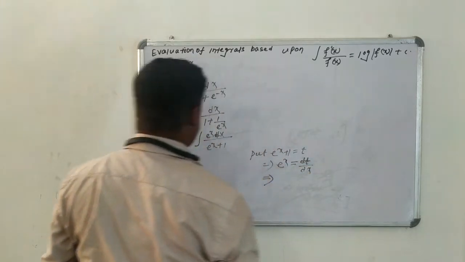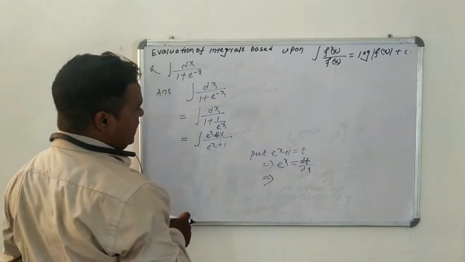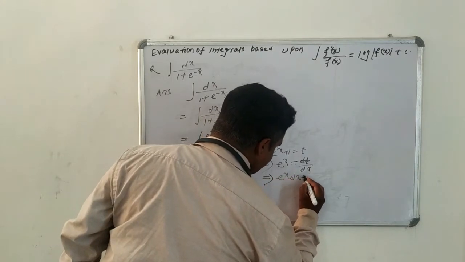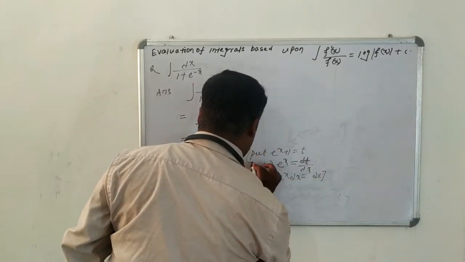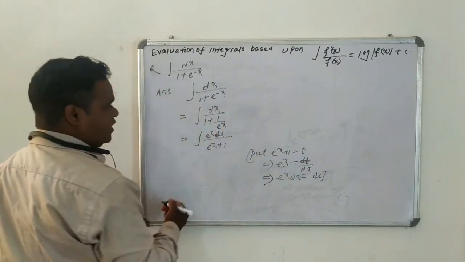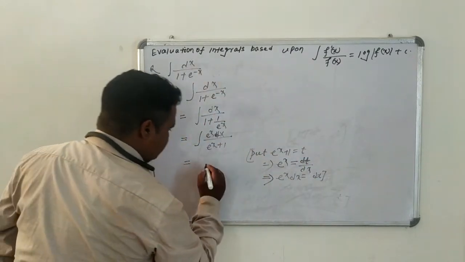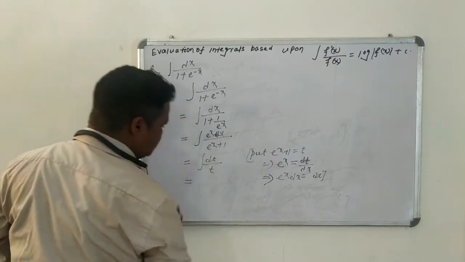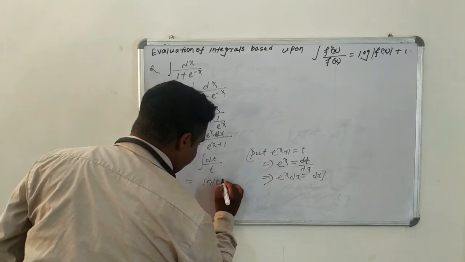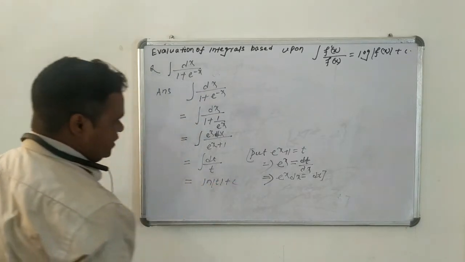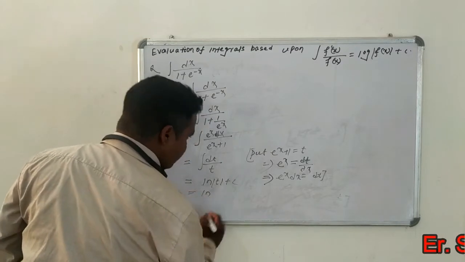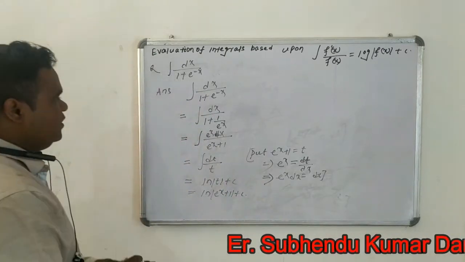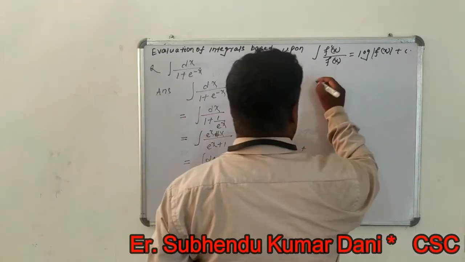This implies that in the given integral, e to power x dx on one side, so this factor e to power x dx equals dt. Put this in the given integral: dt by t in the integration. This value equals logarithm function ln of t plus c. So here c is the integral constant, and ln t is ln of e to power x plus 1 plus c. Okay. Another question is